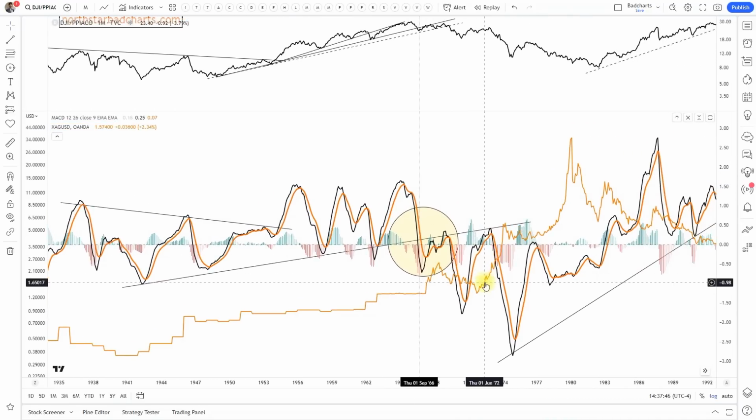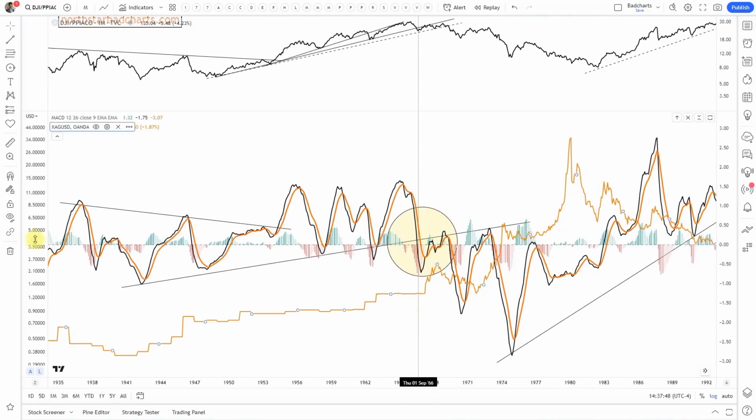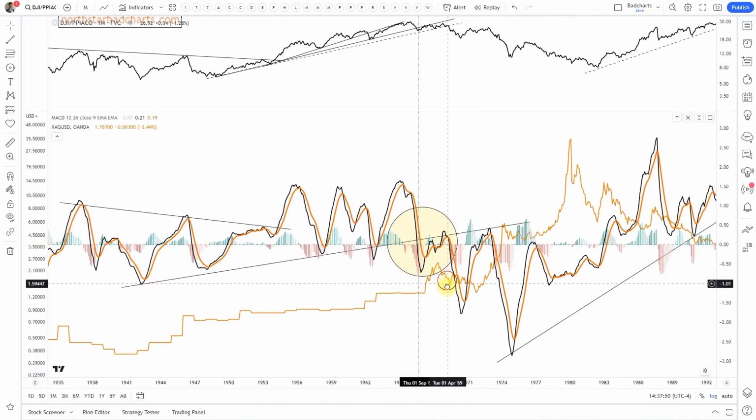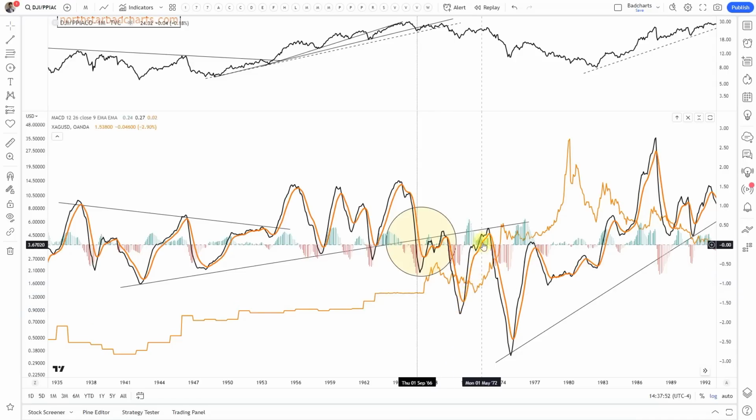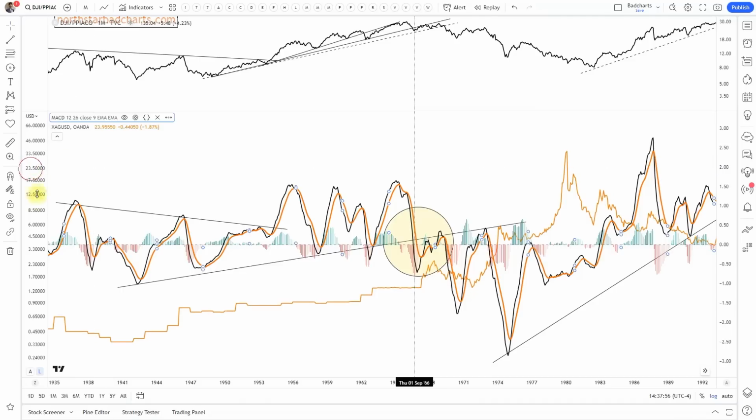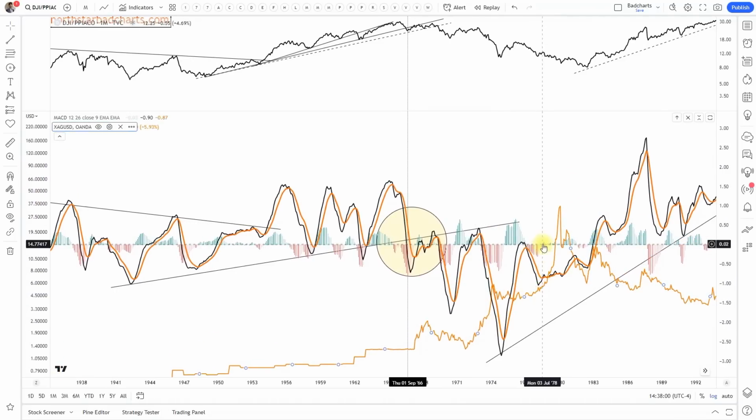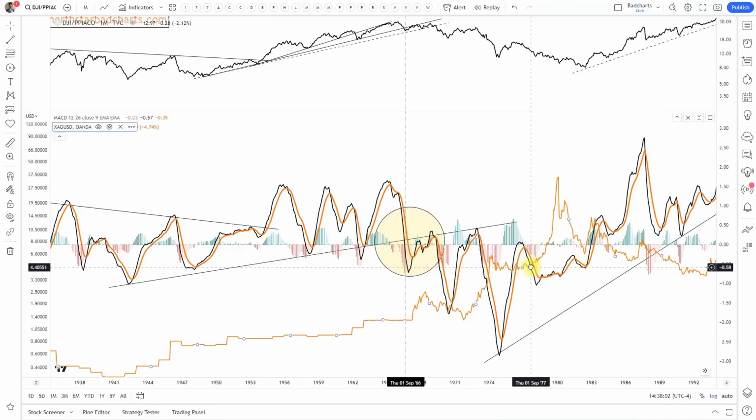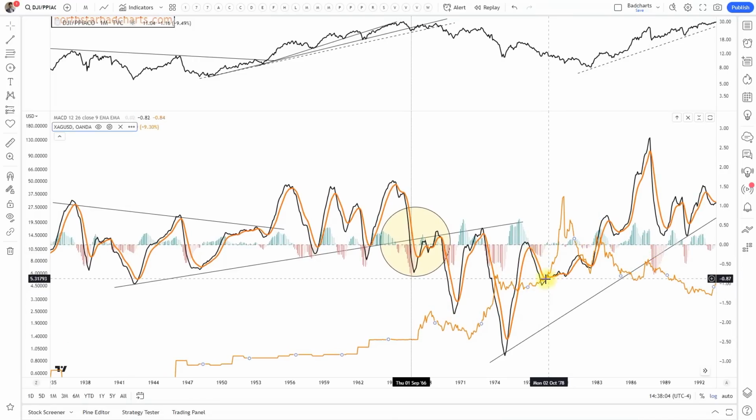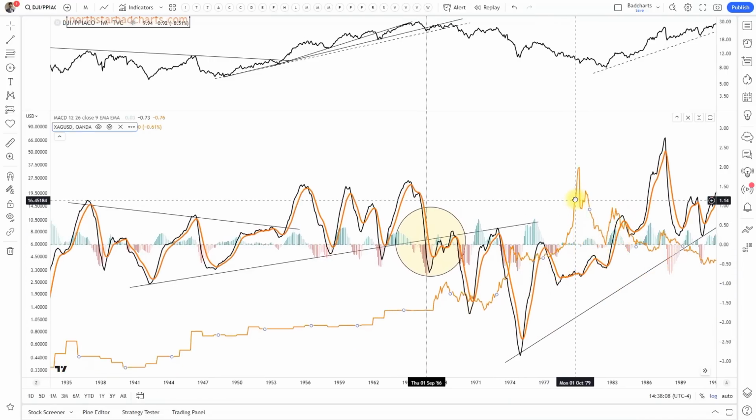Look at this. Where is my silver price here? US equities recover, the MACD, silver goes up. Drag that down. US equities recover, refuse to go back down, silver goes up, up, until